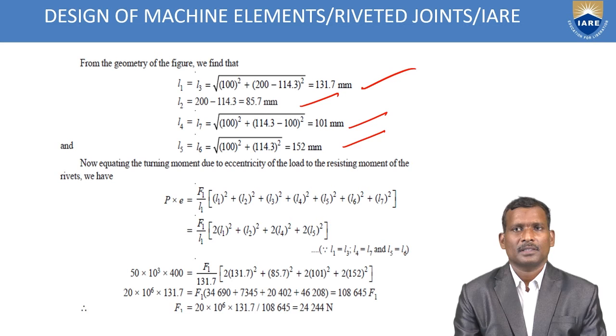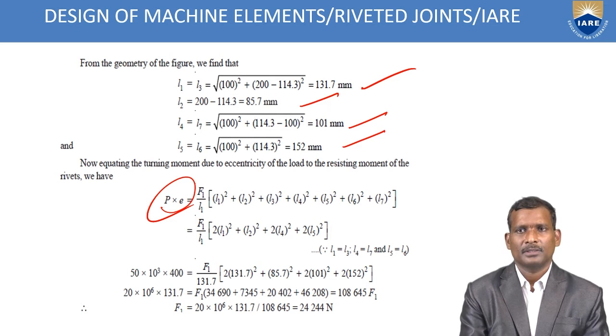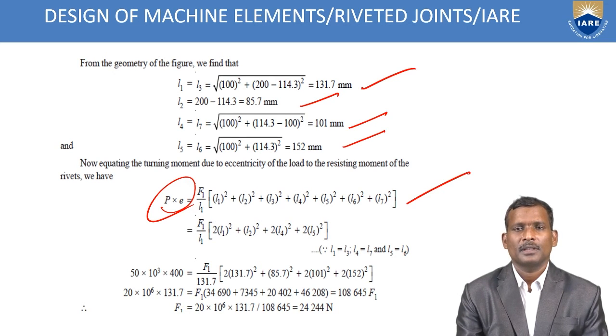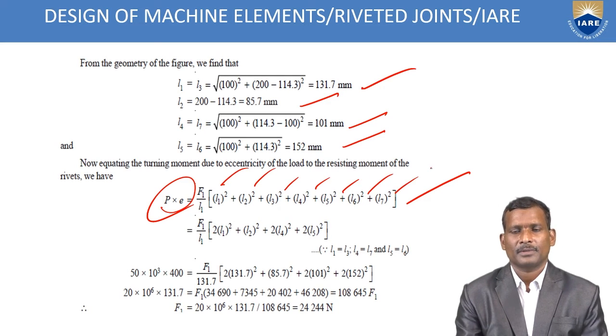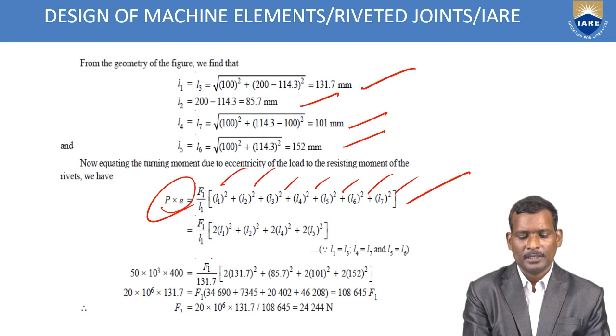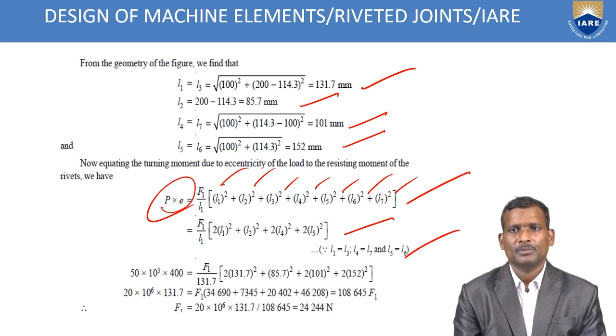Now equate the turning moment due to eccentricity of the load to the resisting moment of these rivets. Clear? The turning moment, twisting moment, is P into E. Equate this to the resisting moment. The resisting moment values are F1 by L1, take common, and use this equation: L1 square plus L2 square plus L3, L4, L5 square, L6 square, L7 square. Similarly, you will get F1 by L2, the final equation. Here, because L1, L3 are the same, L4, L7 are the same and L5, L6 are also equal, you simplify this equation as